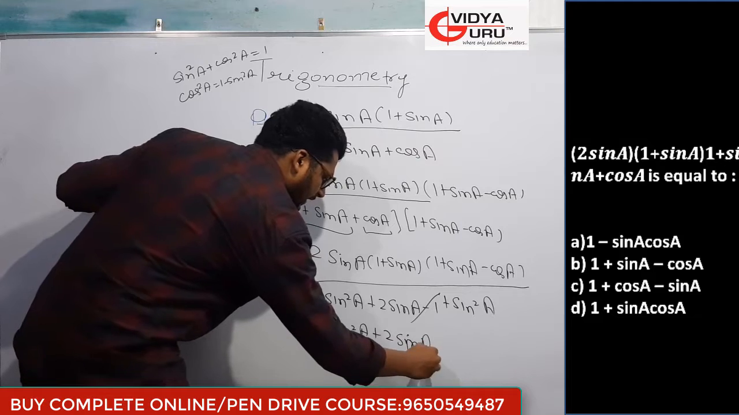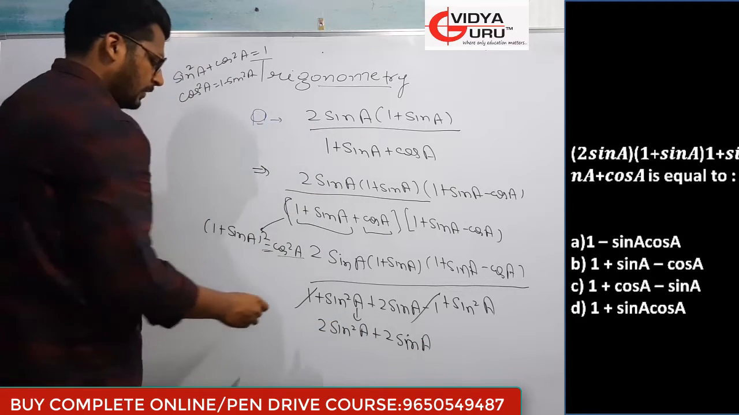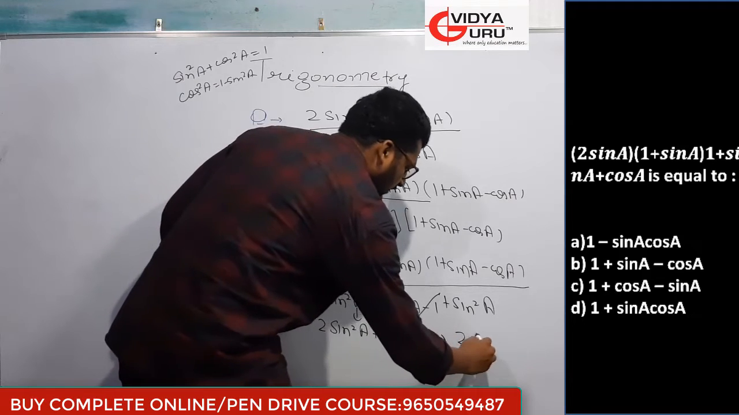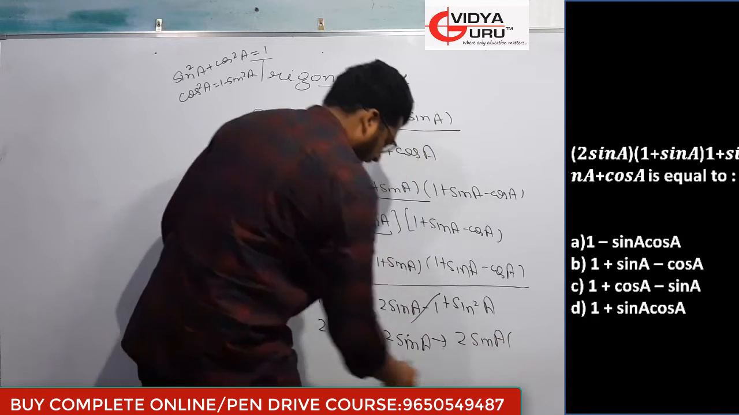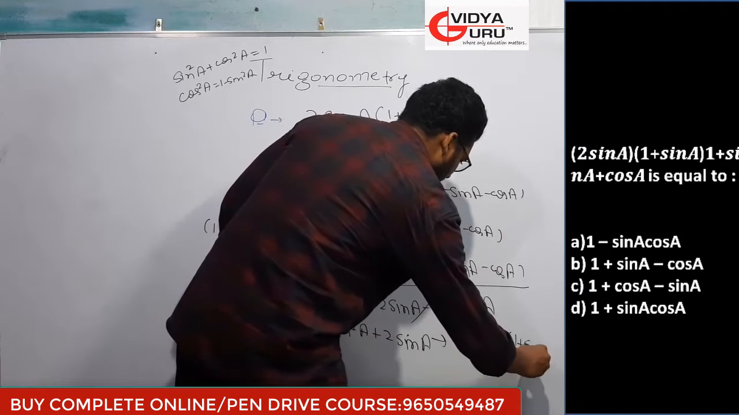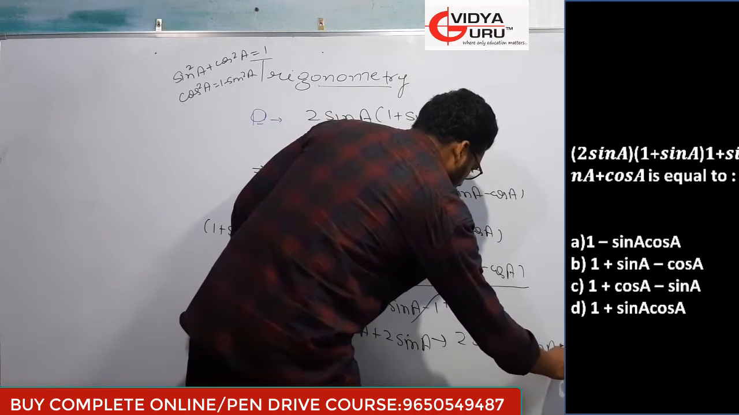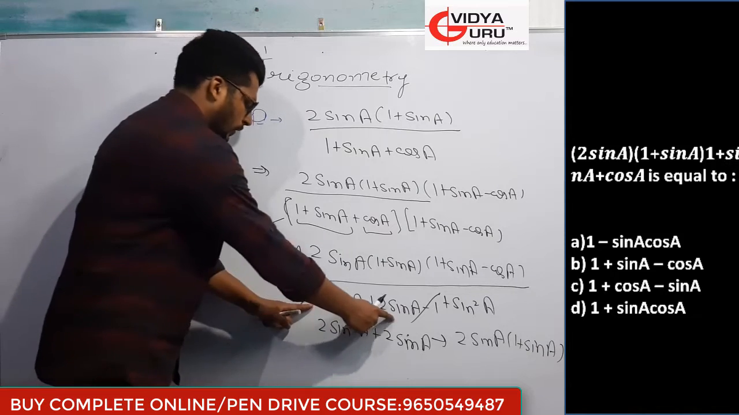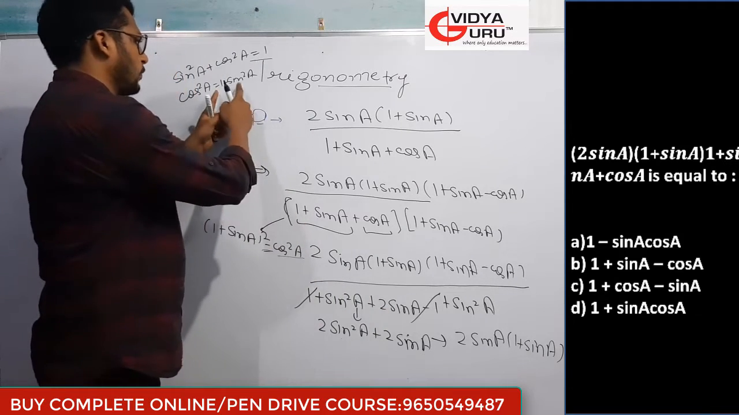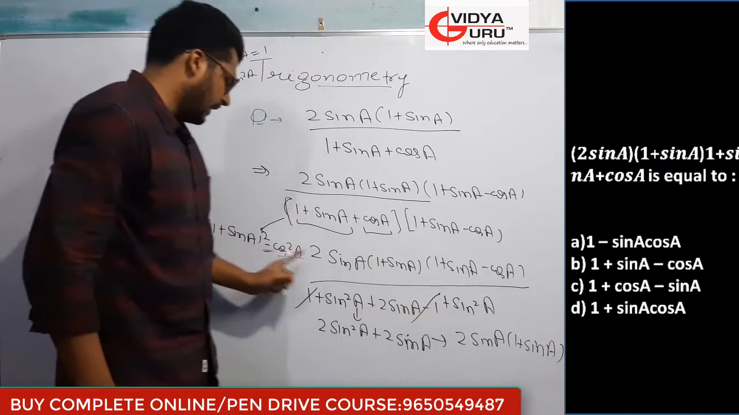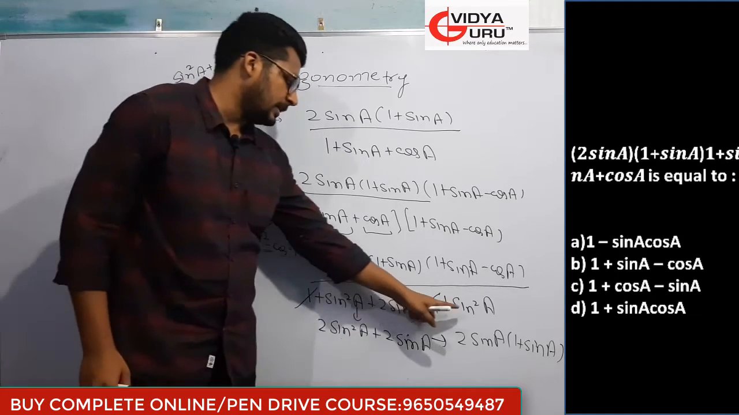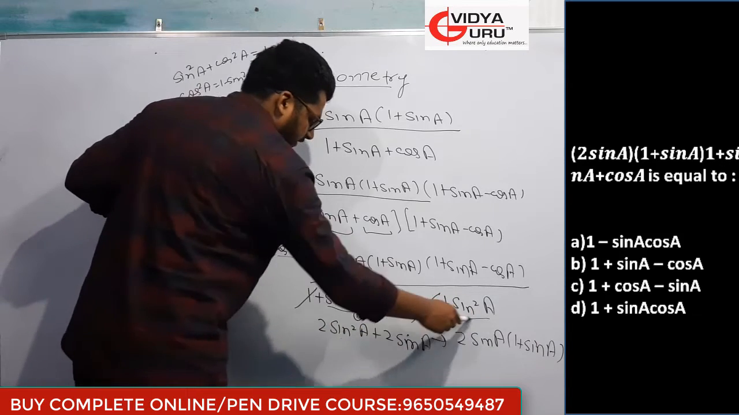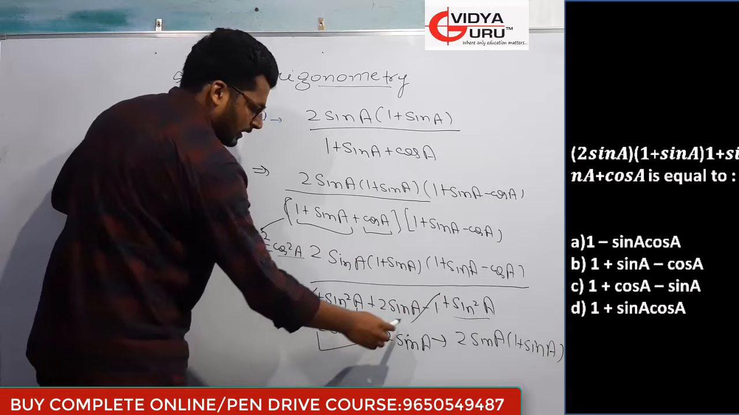2 sin A. If I take 2 sin A common from this, the denominator will form 2 sin A, 1 plus sin A. First, what I have done, I have opened this whole square and cos square A, I have written it as 1 minus sin square A. Minus is there, so 1 will become minus and sin square will be positive. 1 will be cancelled out. Sin square A plus sin square A will be 2 sin square A and this will be